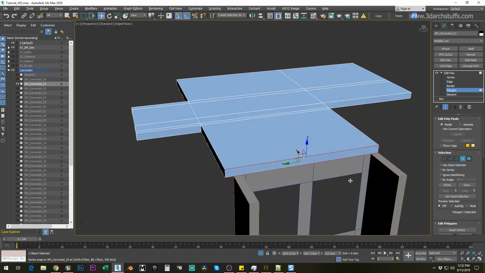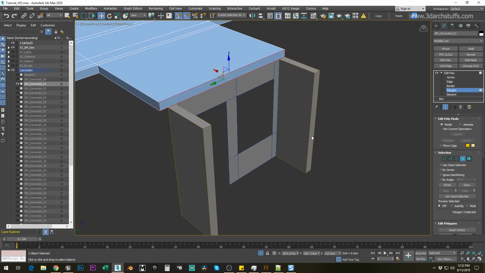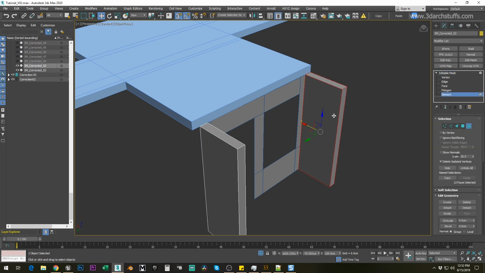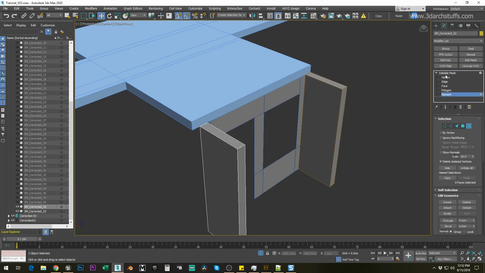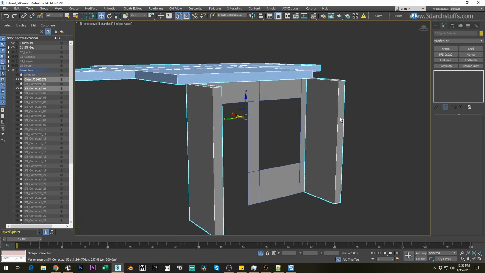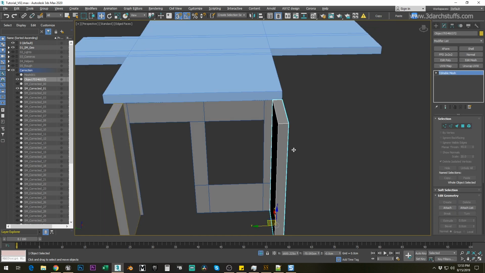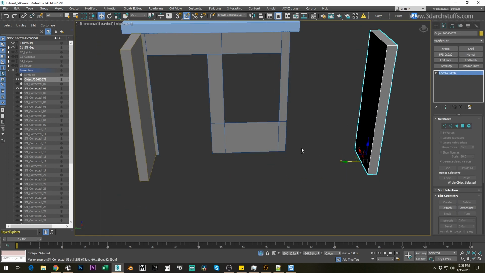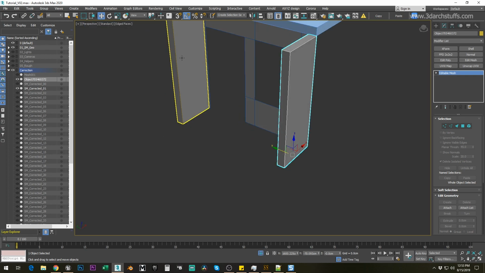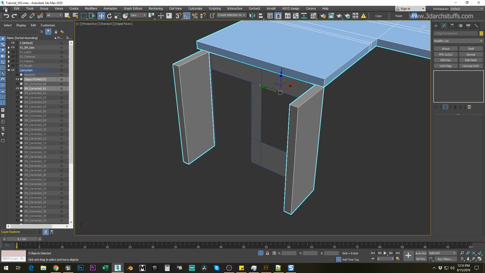Yes, I think it will be perfect. And I will detach these two objects, and then I will select all these three objects, and then I will go ahead, file,